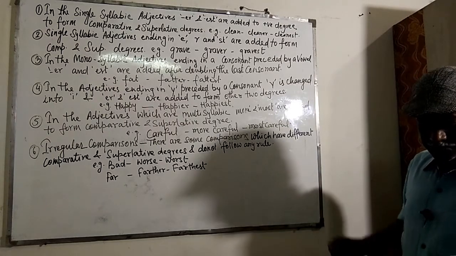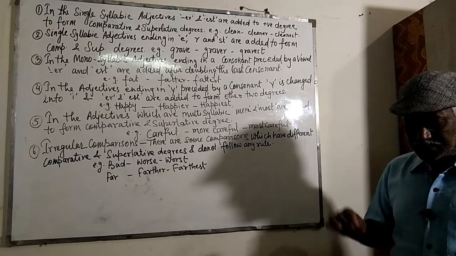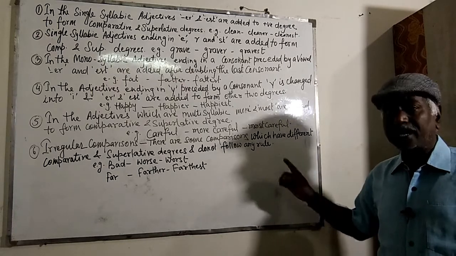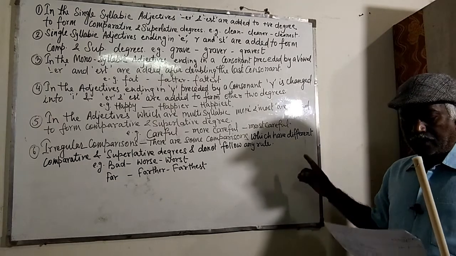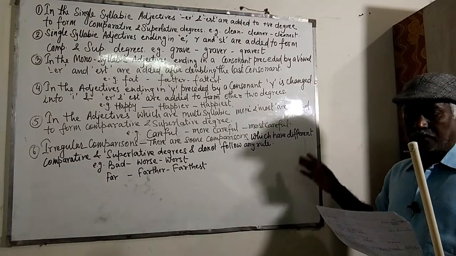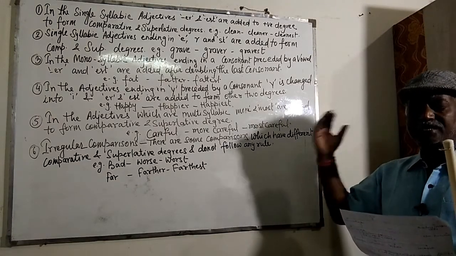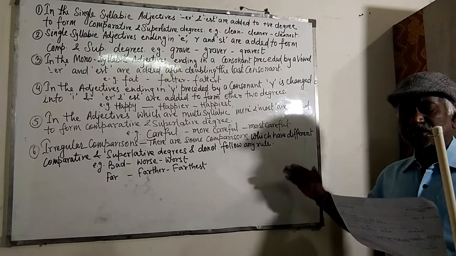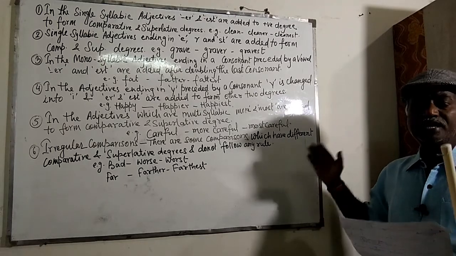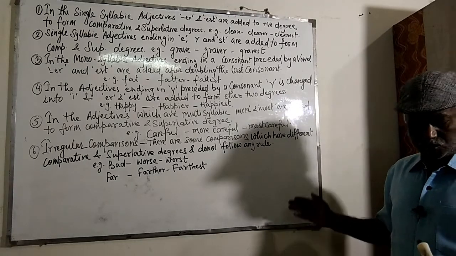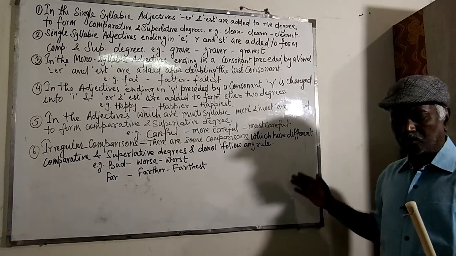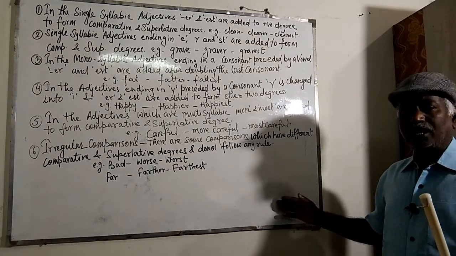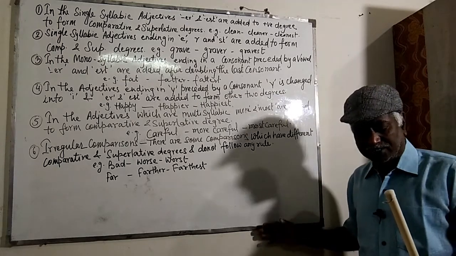The last one is, we do not use the definite article the before the superlative degree when it aims at no comparison but expresses a very high degree of quality. For example, it is most shameful to do so. This incident was most unfortunate for us.